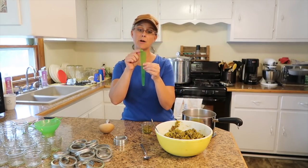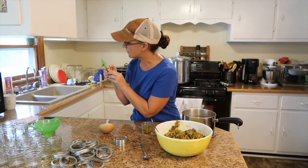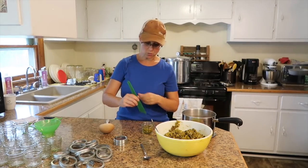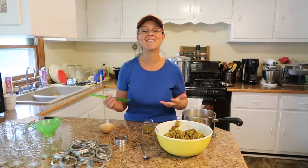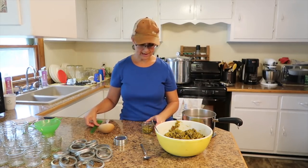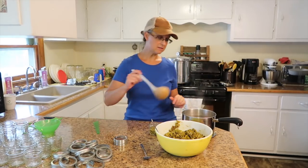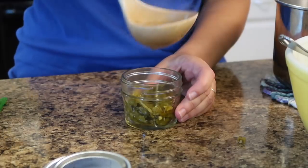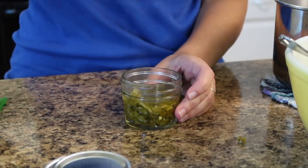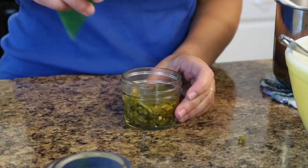Each little step on here is marked with the measurement, whether it's a 1/4 inch, 1/2 inch, 3/4 of an inch, 1 inch, and that is really good until you get the hang of it and until your eye can kind of see where you need to stop when you're canning. Okay, so I have that to the right amount of space with the peppers, and I'm just going to add a tiny bit of the boiling water